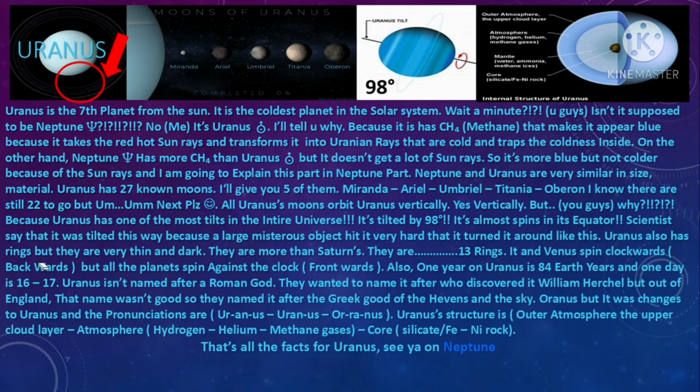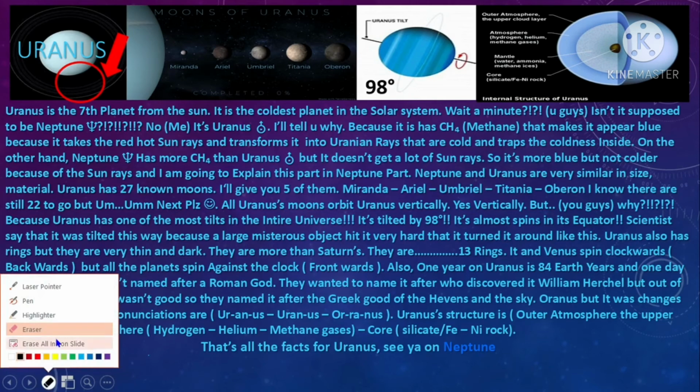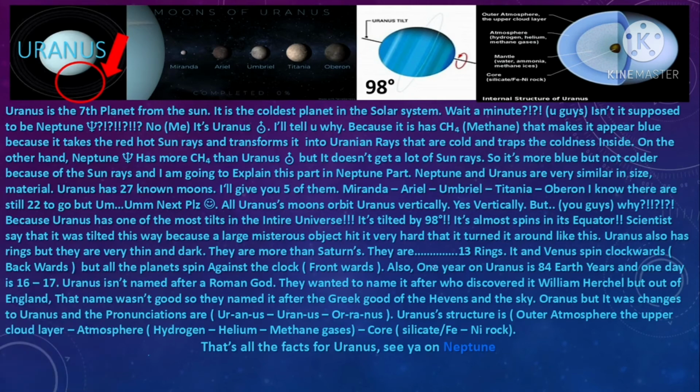Uranus also has rings, but they are not very clear. They are very thin and dark. They are more than Saturn's. They are 13 rings. Yeah. You can't see any ring here in this photo. Please, can you write to me if you can see 13 rings? I can see 2 here, and 2 here, 4, and 3 here, 7, and I think 2 here, 7 and 2, 9. I can't see 13,